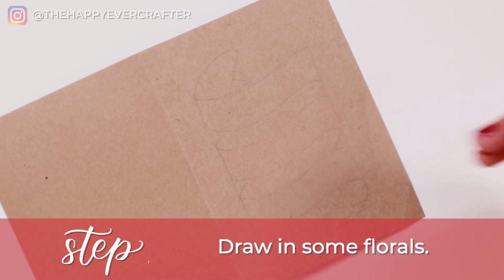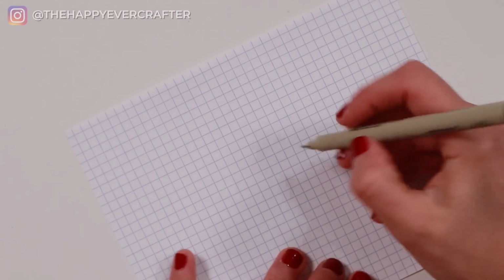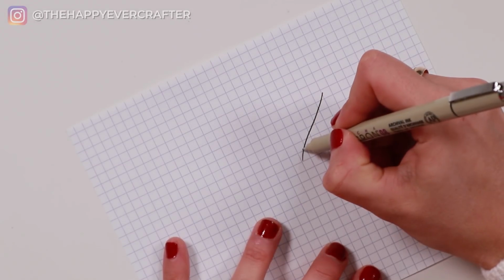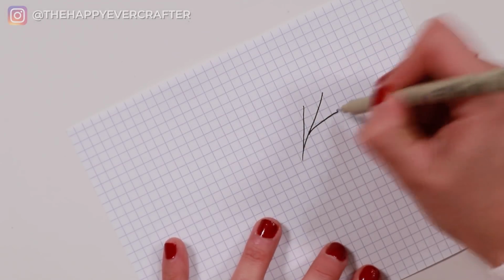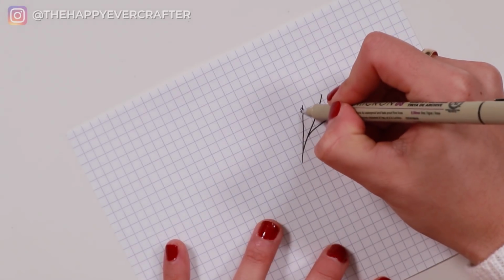And before we start drawing any florals, I'm just gonna show you what they're gonna look like on paper. So I'm taking my Micron pen here, I'm just gonna demonstrate for you. So we're only drawing two different kinds of florals, and they're both really easy, and we're just gonna repeat them over and over again. So the first one is some spruce. So you're just gonna draw some straight-ish lines like this, and then you're just gonna add